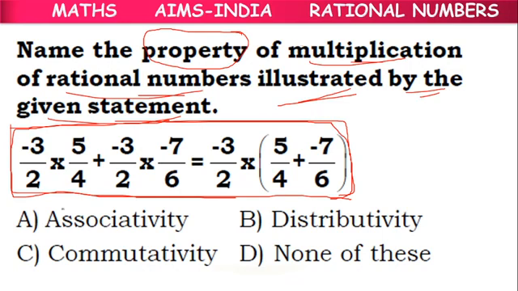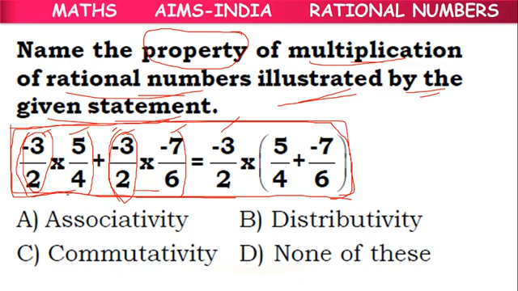Now, what have they given here? Which statement have they given here? 3 by 2 into 5 by 4. This is one group. Plus, minus 3 by 2 into minus 7 by 6. This is the second group. Overall, 4 rational numbers are there. But in that, minus 3 by 2 is common. So we can say there are 3 rational numbers. If we take the common rational number outside,